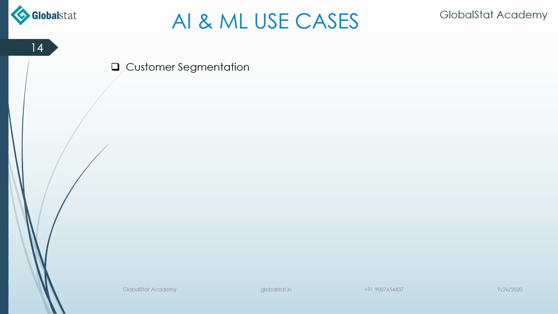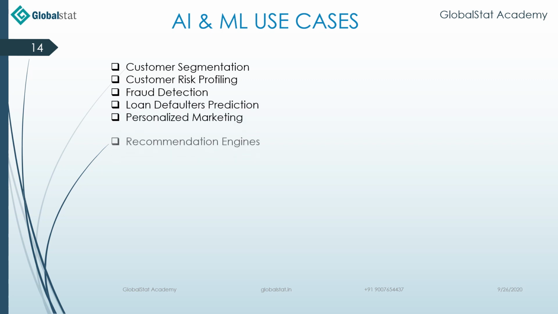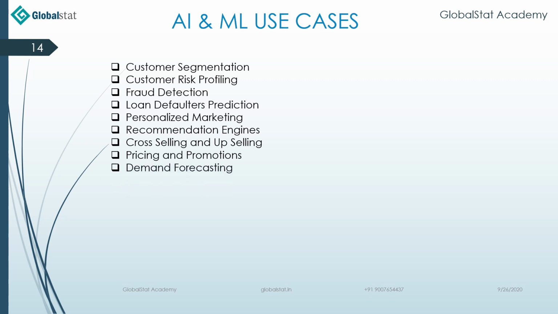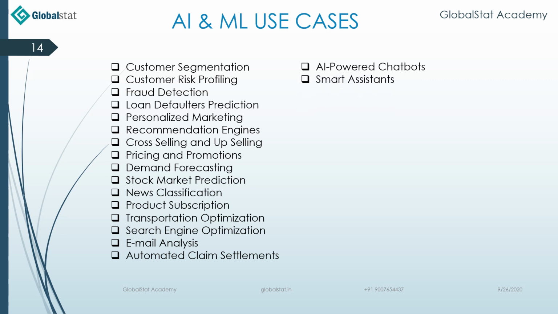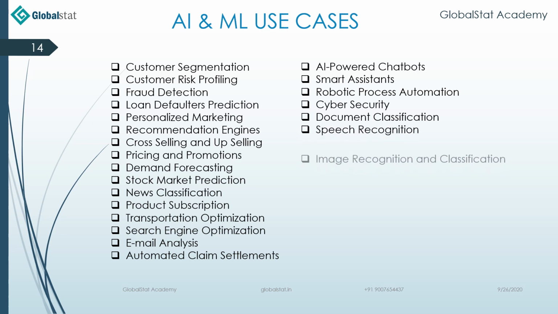We can use it to do customer segmentation, customer risk profiling, fraud detection, loan defaulters prediction, personalized marketing, recommendation engines, cross-selling and upselling, pricing and promotions, demand forecasting, stock market prediction, news classification, product subscriptions, transportation optimization, search engine optimization, email analysis, automated claim settlements, AI-powered chatbots, smart assistants, robotic process automation, cyber security, document classification, speech recognition,